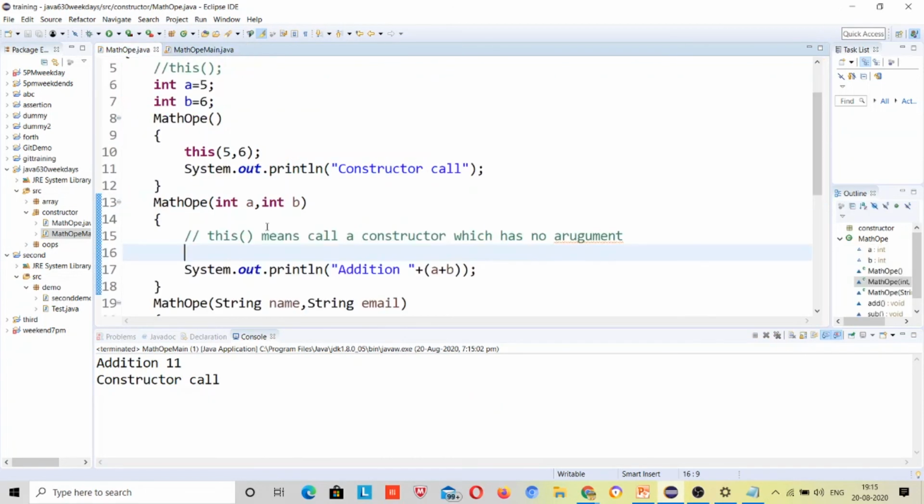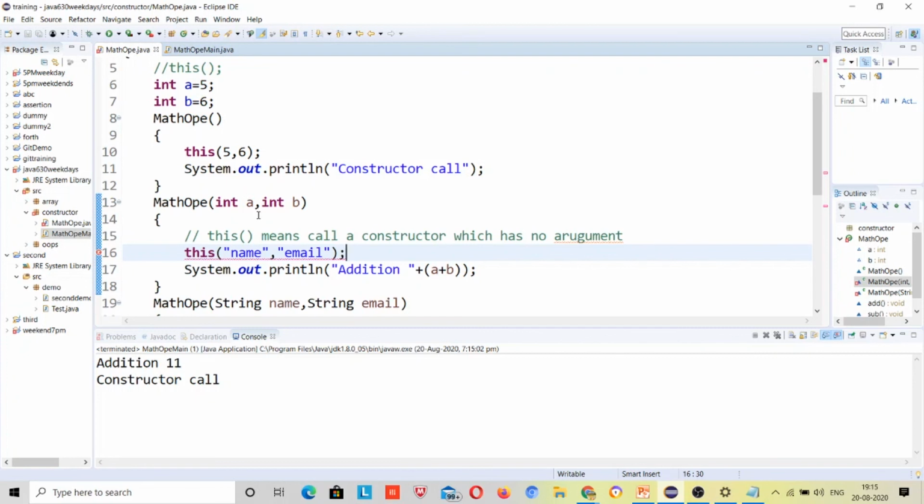Suppose now I was calling this with name, comma, email. Now what will be the output?